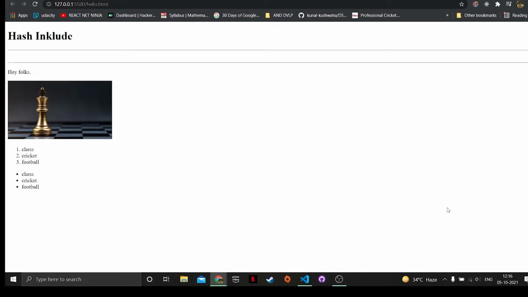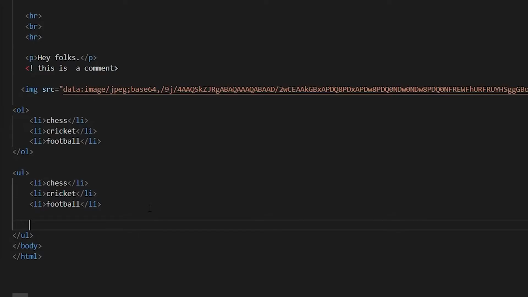Then another useful element that HTML has is the table tag. Let me show you. To insert a table, we just have a table tag, right? It's done.